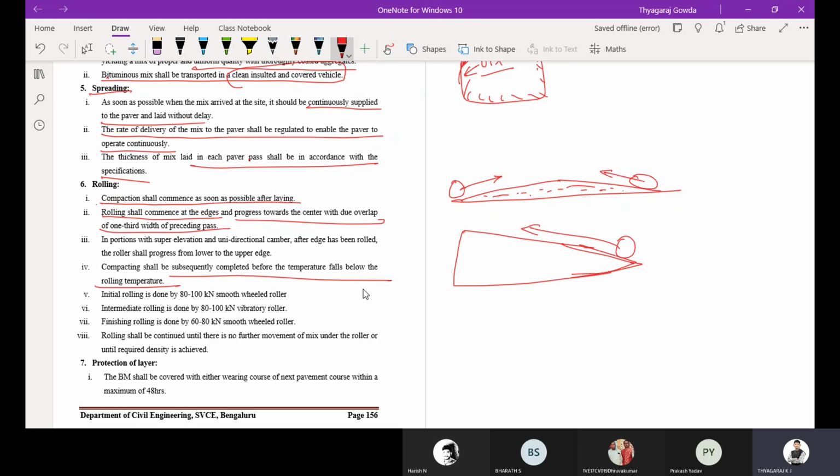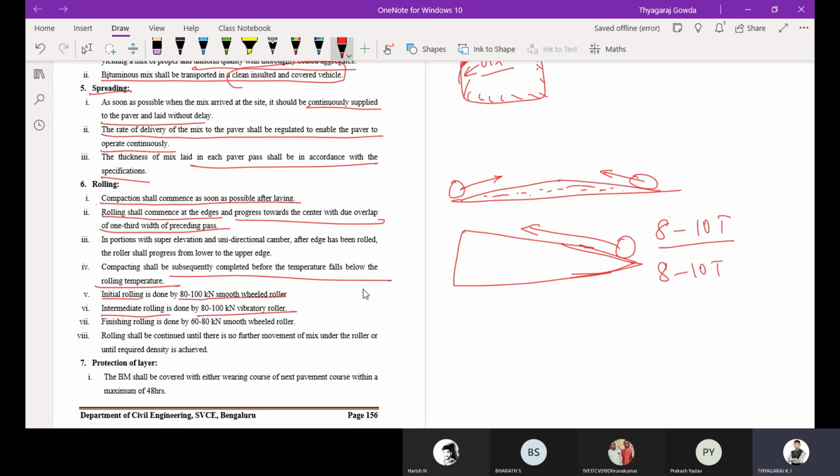Then we are going to use three capacities of roller. Initial rolling is done by an 80 to 100 kilonewton smooth wheel roller, that is 8 to 10 ton. Intermediate rolling is done by an 80 to 100 kilonewton, that is 8 to 10 ton vibratory roller.